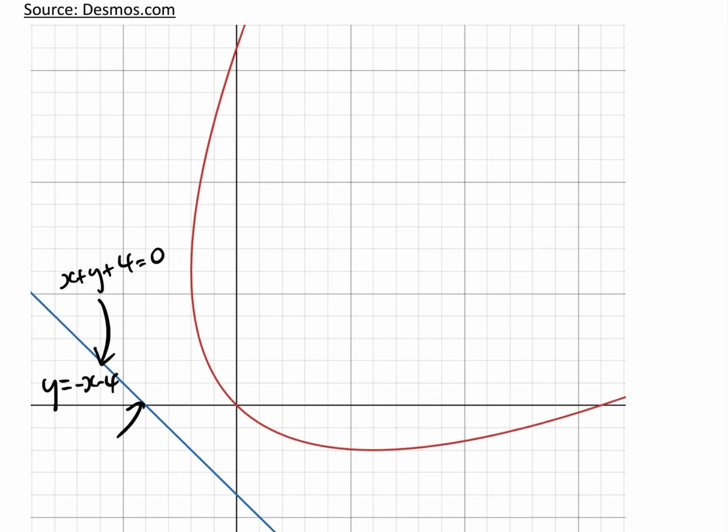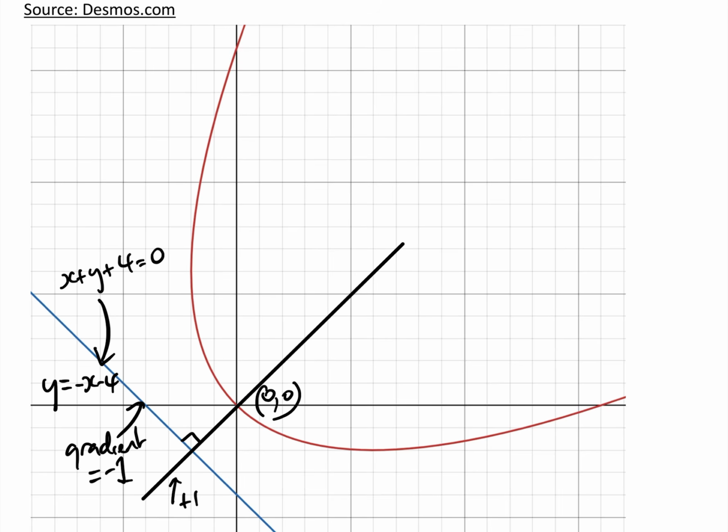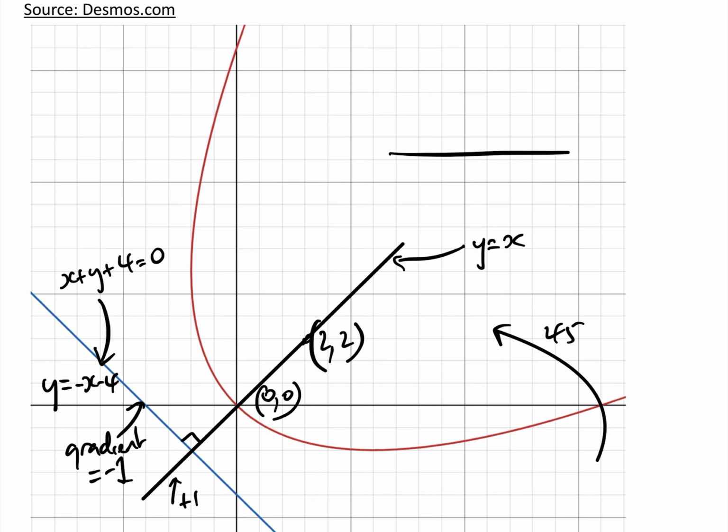So therefore we know that the gradient of this is -1, and so the gradient of any normal to it, and let's just draw this normal here, will be a gradient of 1, and that means that it will go through (0, 0), and it also goes through the focus, which we are told was (2, 2). So clearly what we have here is a parabola where the axis is the line y = x, that's the axis of symmetry, and clearly this whole thing has been rotated around 45 degrees